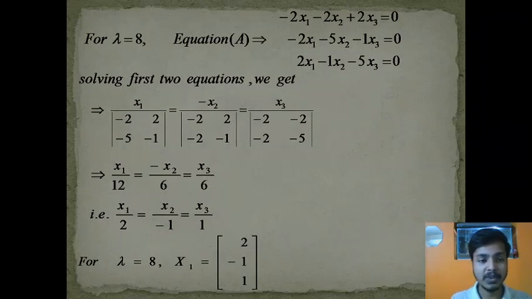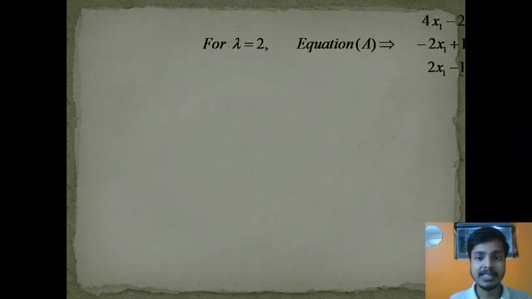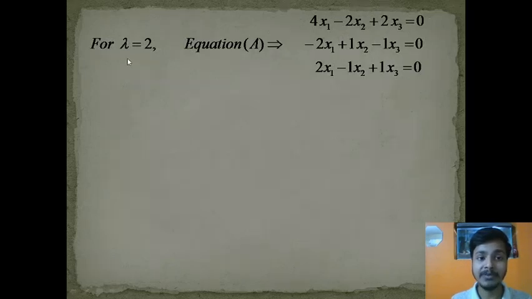Now here comes the twist. The twist is regarding the eigenvalue lambda equal to 2, and as you know, this eigenvalue lambda equal to 2 is repeated. Okay, so for lambda equal to 2 we have this set of equations. Now if you divide this equation by 2, you will get all the equations the same. If you multiply this equation by minus 1, you will get all three equations the same. So what you have to do in this case is take any of the two values,